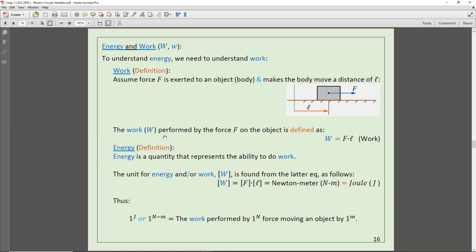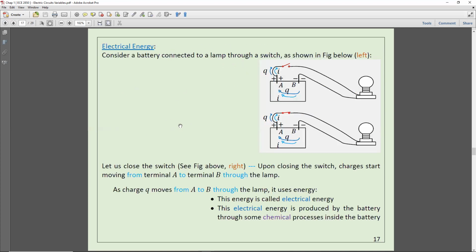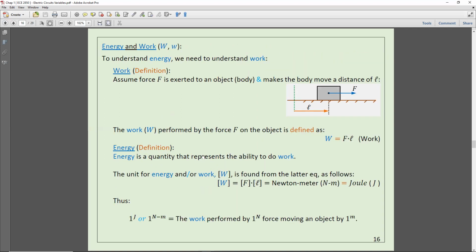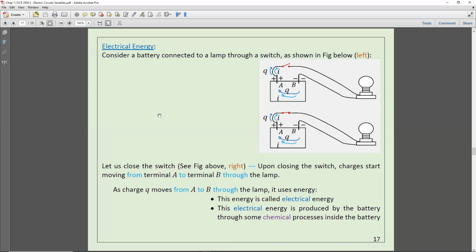Anyway, so now you have some idea: we know the unit of energy, and we defined energy in terms of work, the ability to do work. Now we want to focus more on electricity. This is general for any phenomena in physics. When we talk about energy here, we mean electrical energy, because you have